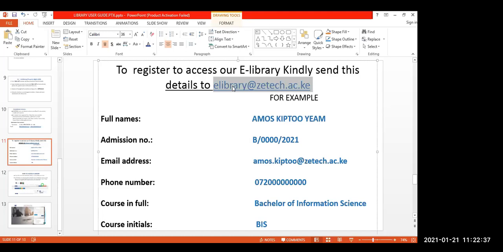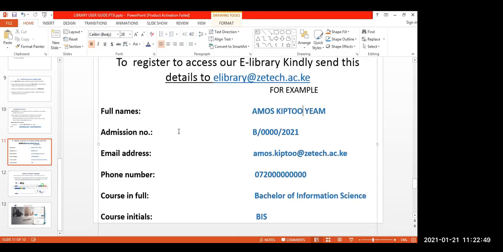Send me your names. My example here is Amos Kiptoyem, admission number. If you can't remember your admission number, kindly check your admission package. There is an admission letter where your admission number is written. This is for a student at the NEC examination body. If you are in the ZU examination body, you have a unique admission number. Your email address,